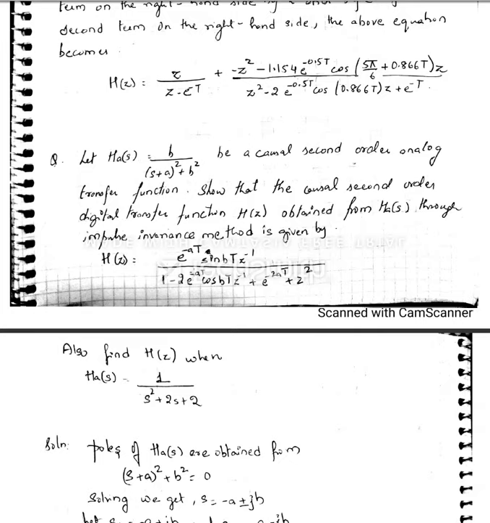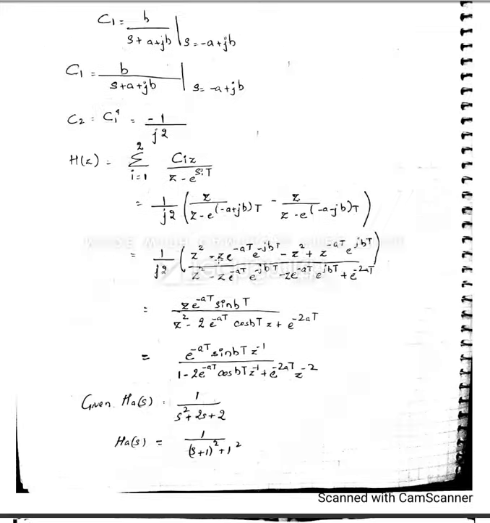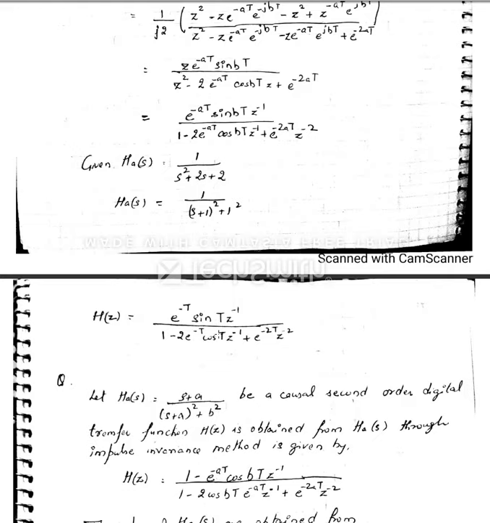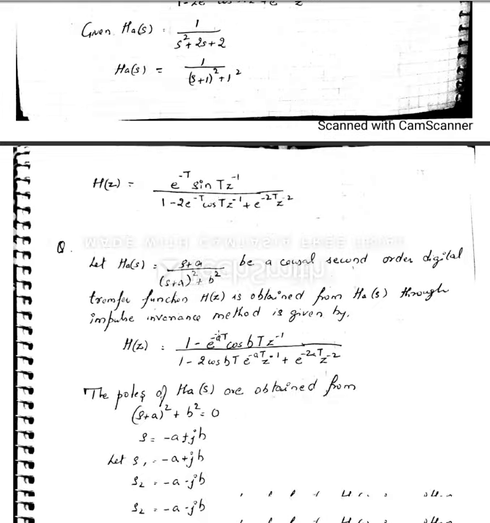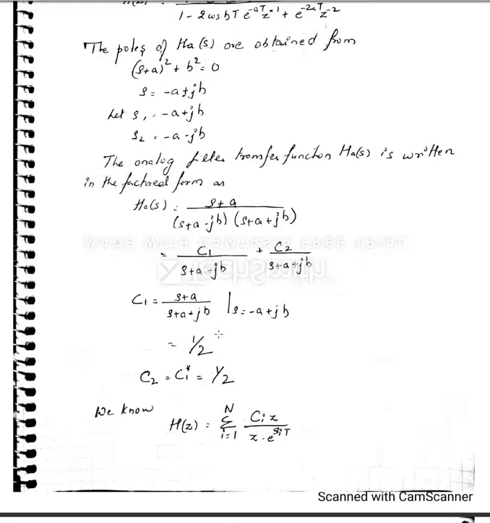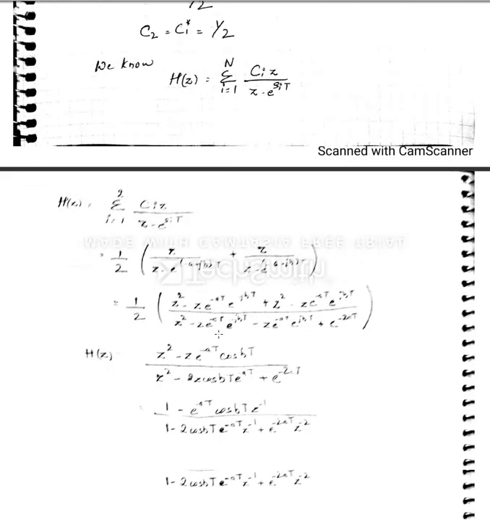So of course the converted digital filter of the analog filter that we have been given will be this itself, correct? The only difference is you will have to substitute the values of a and b correspondingly. Wherever a and b are there, replace the value by 1, and you would end up getting the equation as this. One more problem of the same kind I have solved; I want you to go through and understand it.